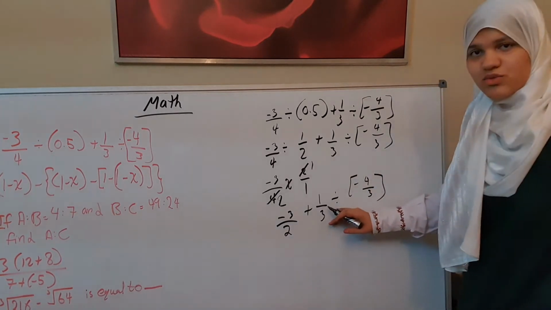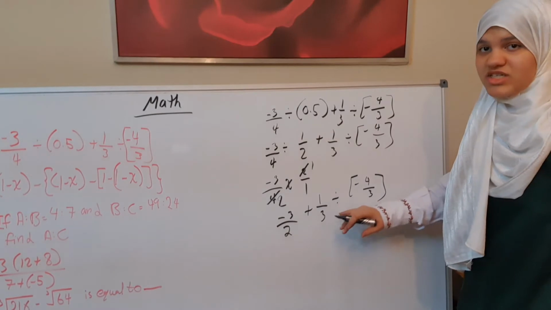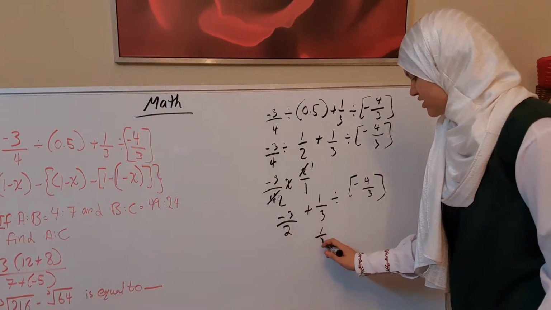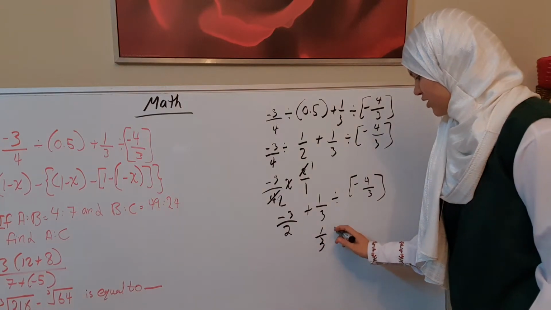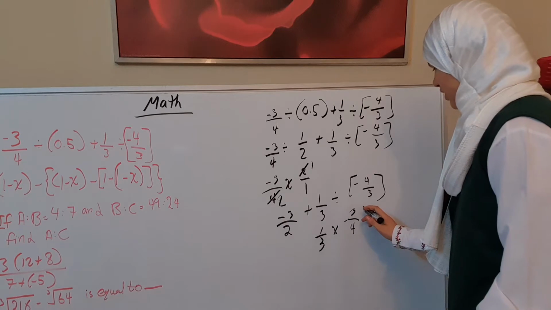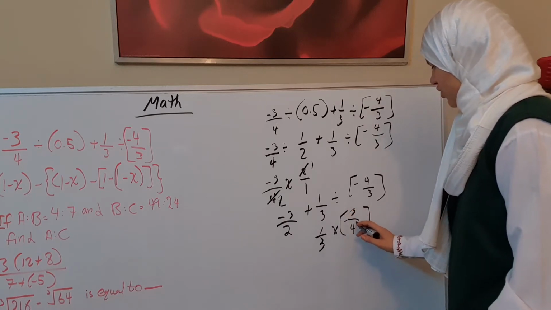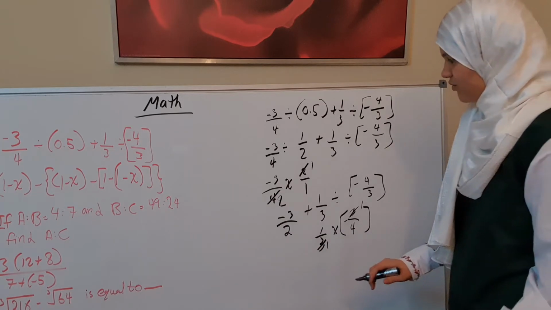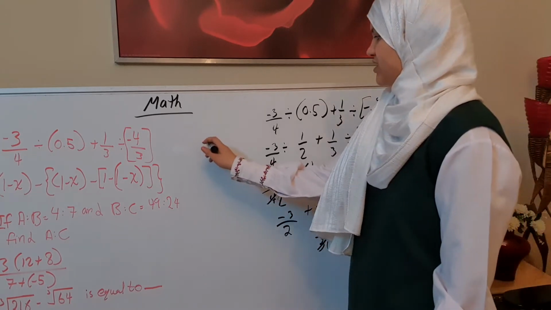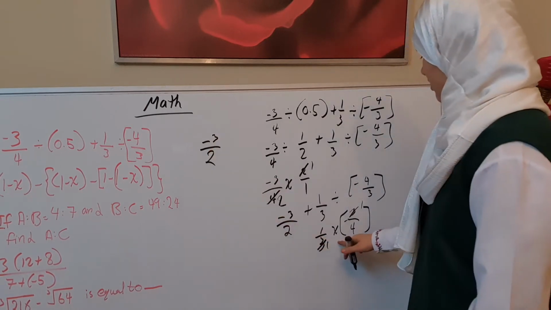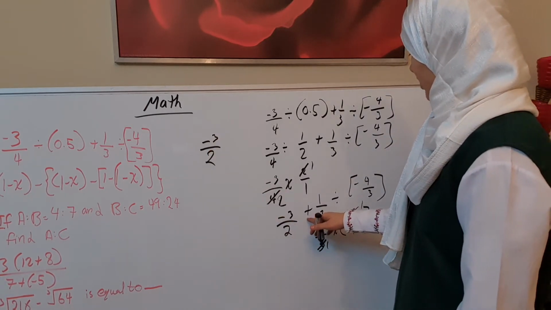Now here also we have divide. First thing we'll finish the division. What we will do here: 1 over 3 times 3 over 4. So we will cut 3 by 3, it will be 1. Then what we have now, we have negative 3 over 2. We have what here, plus,